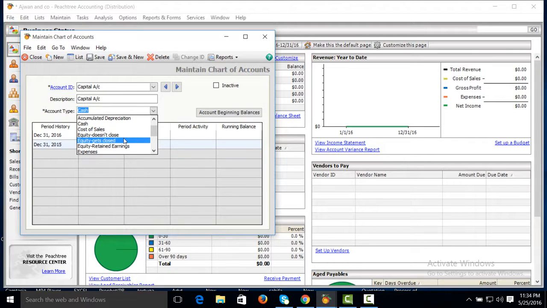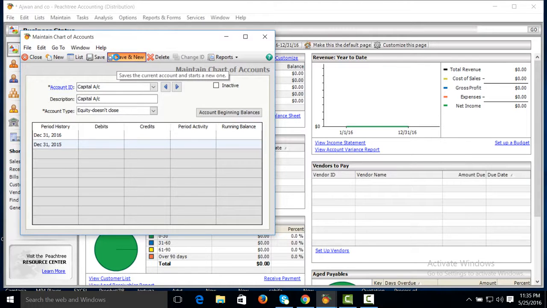When the owner or partner of the company takes some money from the company, that is called drawings, then the account type used will be equity gets close. After the financial year, when the company policy applies to retain some portion of the net profit in the business, then the account type used will be equity retained earnings. Here we will give account type equity doesn't close.